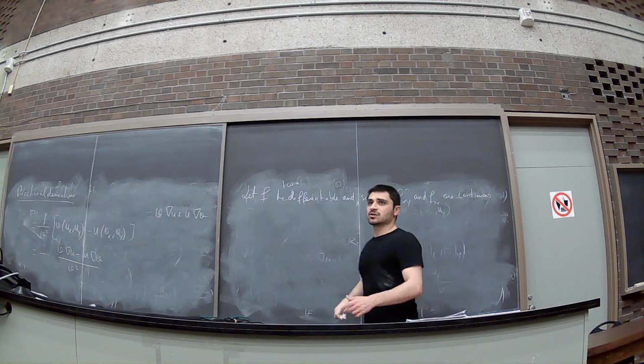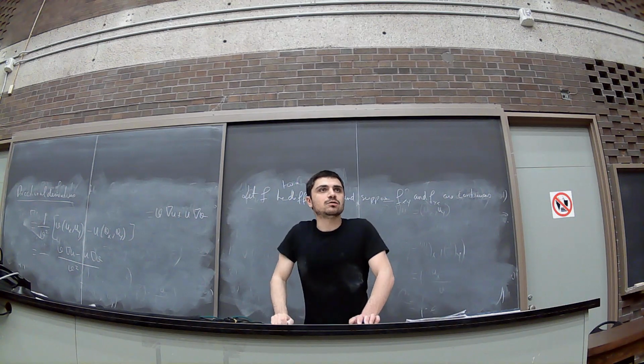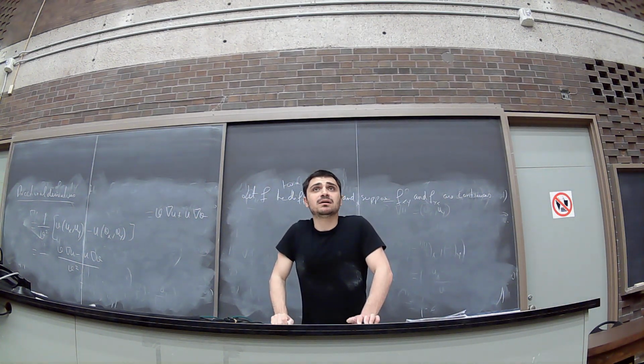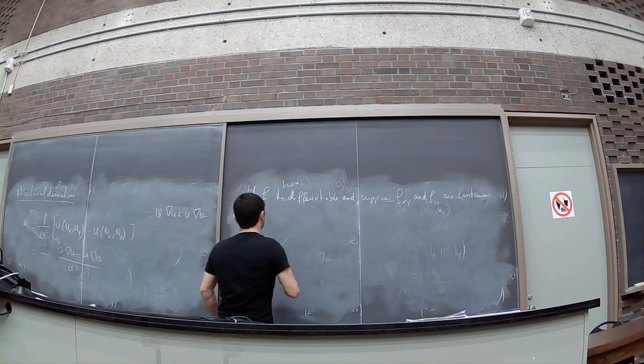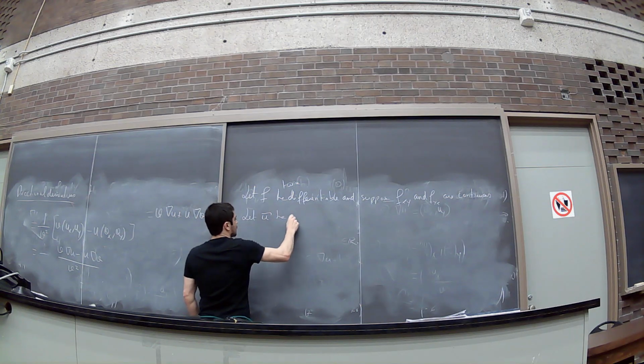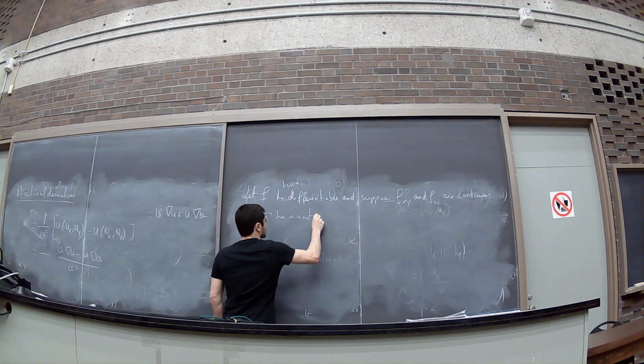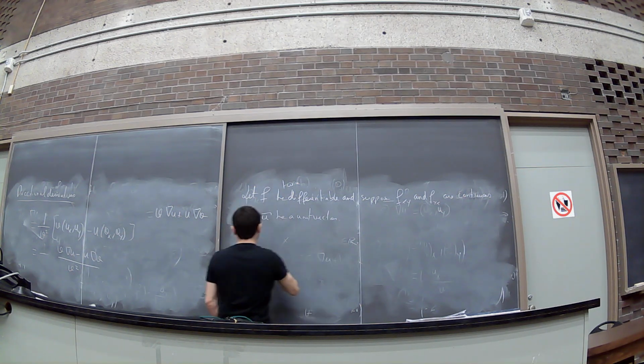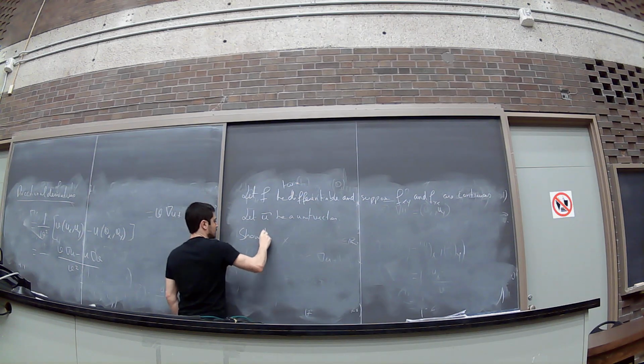So if fxy and fyx are continuous, what can I say about them? They are equal by, what's the theorem called? Clairaut's theorem, right? Great. Yeah, you did that. Show that